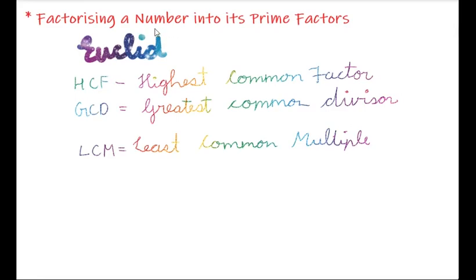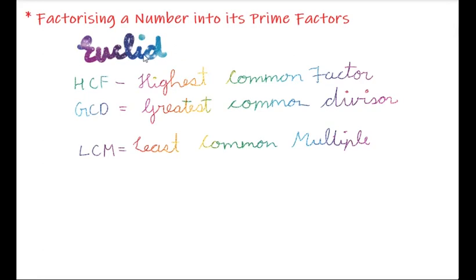Okay? We are going to factorize the number. Factorizing means what? To find its factors. So when we are finding the factors of a certain number, those factors will be prime factors, meaning mostly they will be prime numbers. Okay, so a simple but very important rule we are going to use here was given by Euclid.